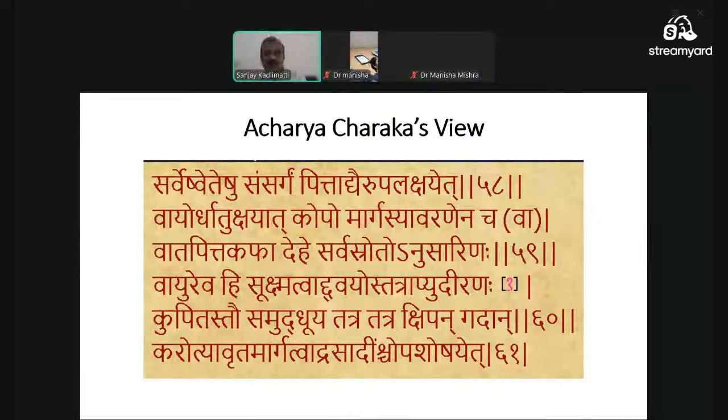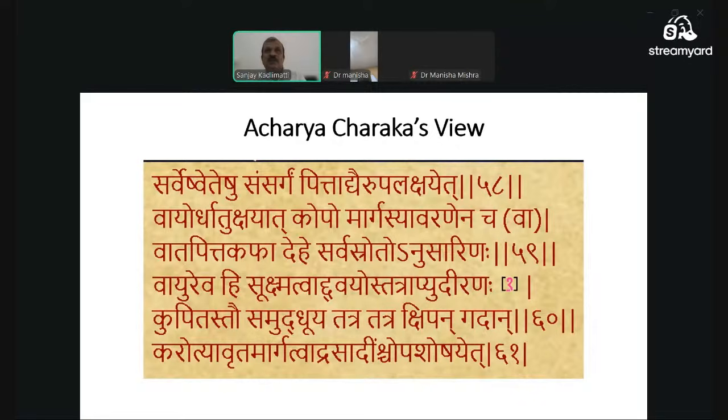Vayureva hi sukshmatvad dvayos tatra api udiranaha. See, udirana means aggravator, increases. Vata is the culprit. That dvayo, both pitta and kapha, will be vitiated very easily by vayu because it is sukshma. It can enter into any srotas or any kapha or pitta. Kupitastau samudhuya tatra tatra kshipan gadan. So this kupita, complex of pathology mixed with vata, pitta and kapha, tatra tatra kshipan gadan, wherever it is thrown into the circulation by the vyana vayu,